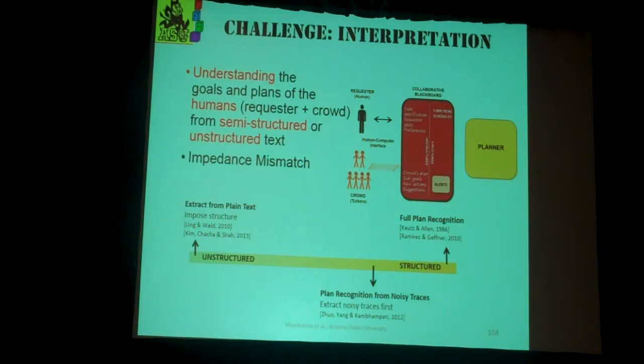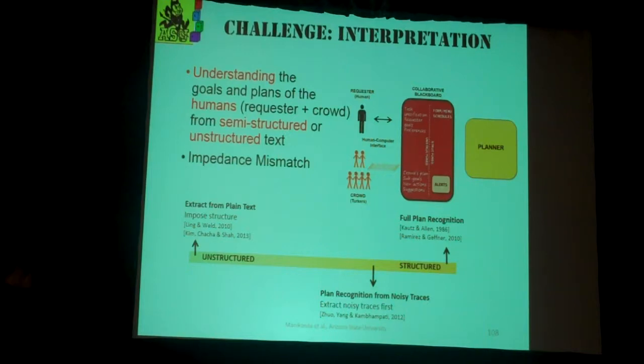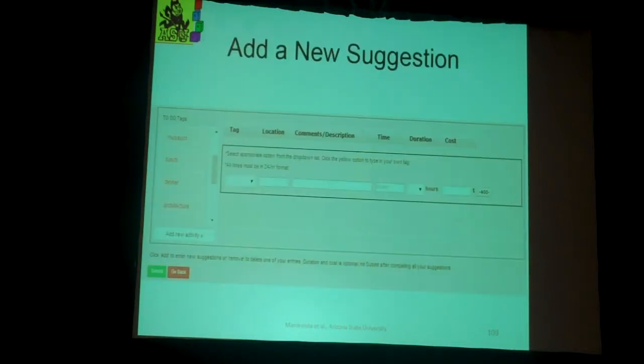The first one is the challenge of interpretation, which we've talked about. Given that these humans are likely to be talking to each other in natural language, how does your planner figure out what's going on exactly? And there is an impedance mismatch problem here. You need to solve that problem. So that's the interpretation challenge. The way this interpretation challenge manifests itself in this particular application,